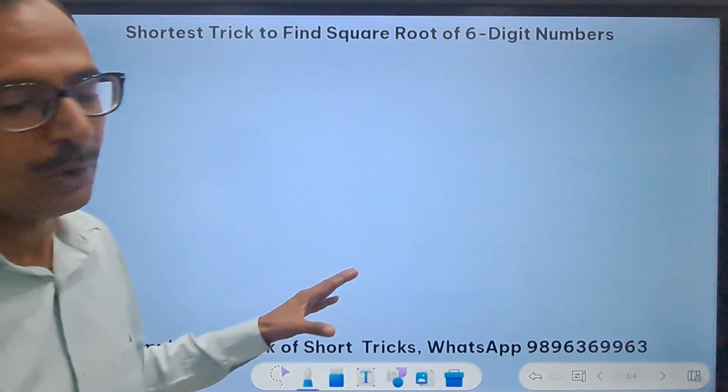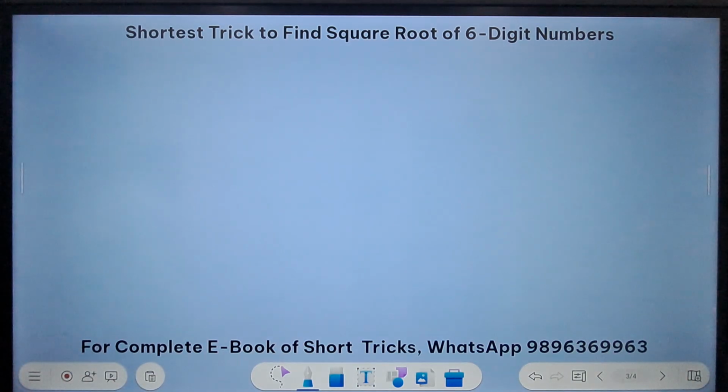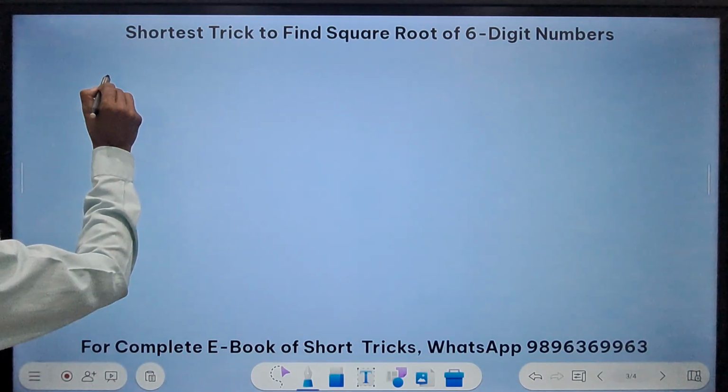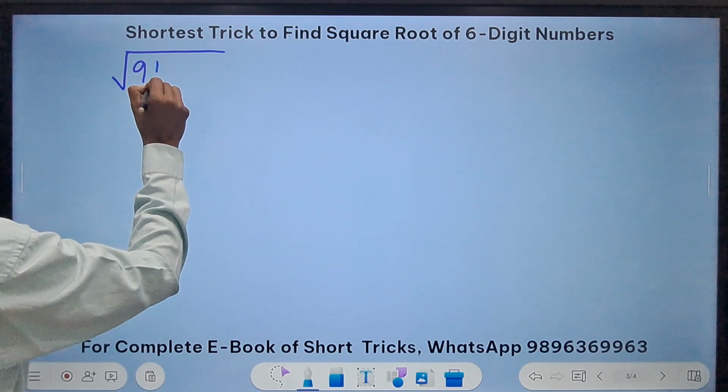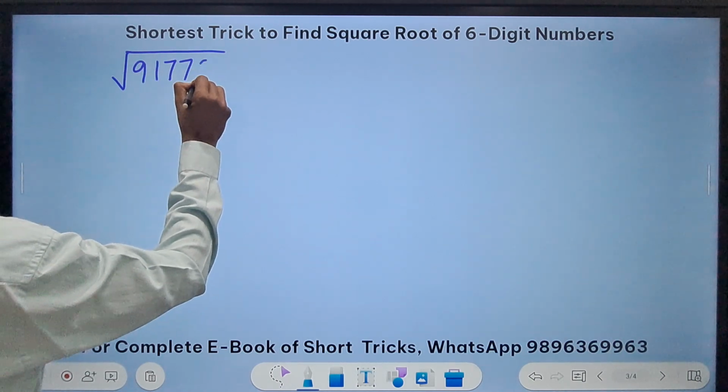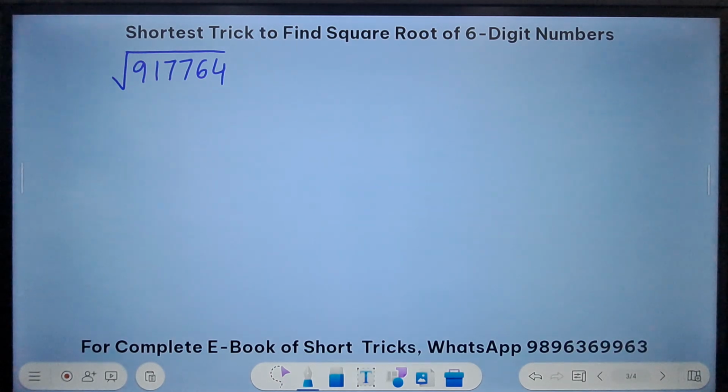Likewise, I can go on and demonstrate so many different questions, and you will know that these questions all fit into it. So I'll take one last example, and I'll give you one question as a DIY question after this. 917764. Now for finding the square root of 917764,